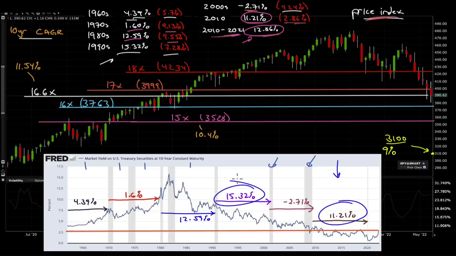Really? Look at the 90s. Look at the yields in the 90s. And inflation in the 90s, you get an inflation report at 4.3, 4.4, 4.5%. It was meh. Yeah, meh. You didn't have 0.1%, 1% or 1.6 or 1.7 like you had for quite a few years in here. You didn't have those low inflation rates. You had fairly high inflation rates. You had high treasury yields. You didn't have ultra low rates. You didn't have a massive ballooning of the balance sheet. Look what the economy was able to do in the face of all that. 15.32 price return. The 80s, 12.59 price return.